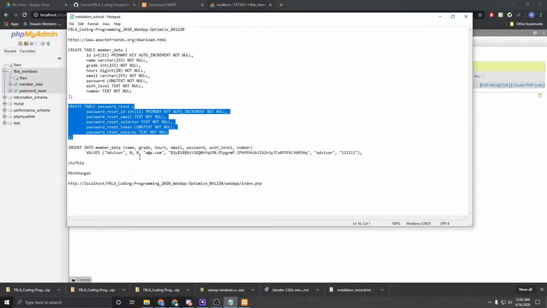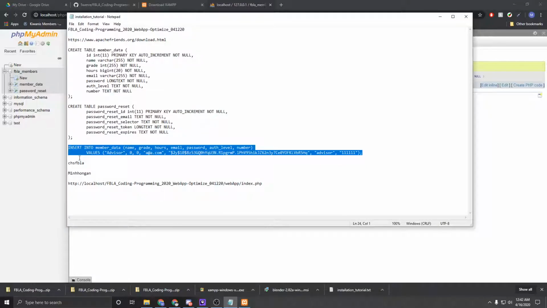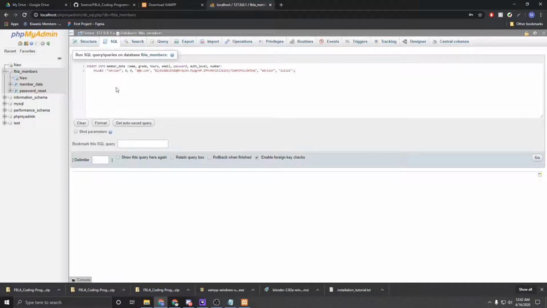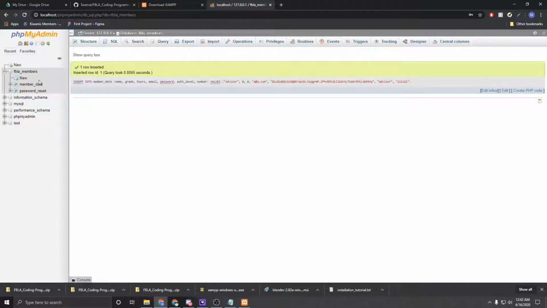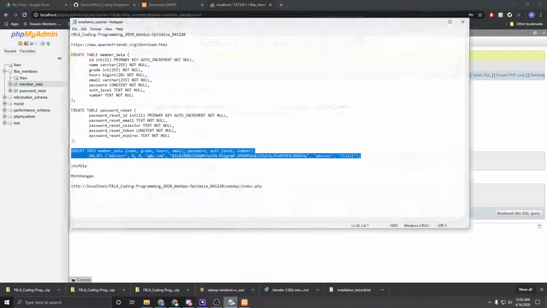And we're going to go back to the text file one more time, and we are going to get this SQL query. What this is going to do is insert a new row that will create an advisor so that you can add more members to your database later for the web application. So again, I'm going to go to the SQL tab, paste in the query, press Go, and that should insert a new user into the member data table. Once you're done with that, the next thing you're going to do is go back to the text file,